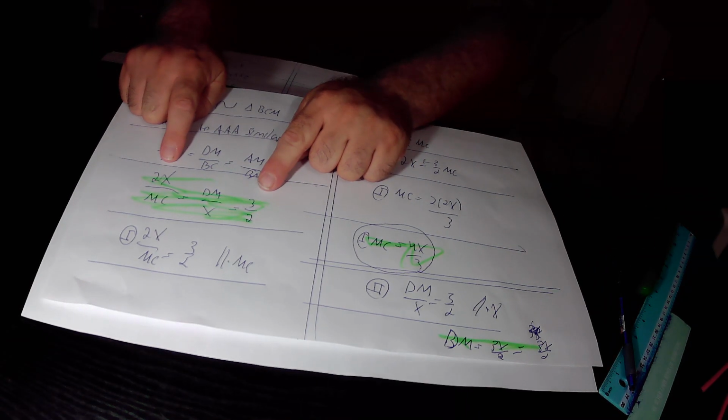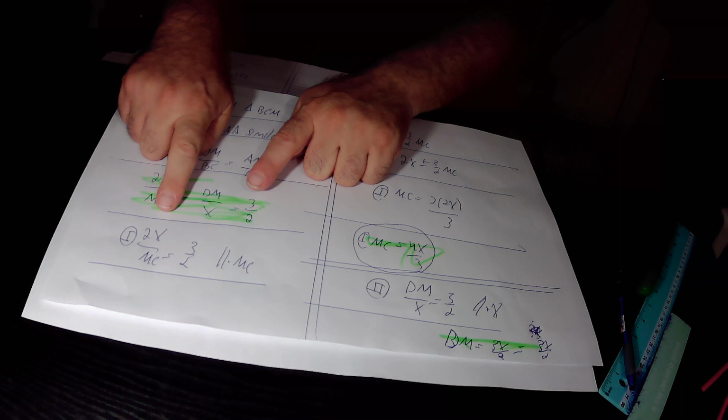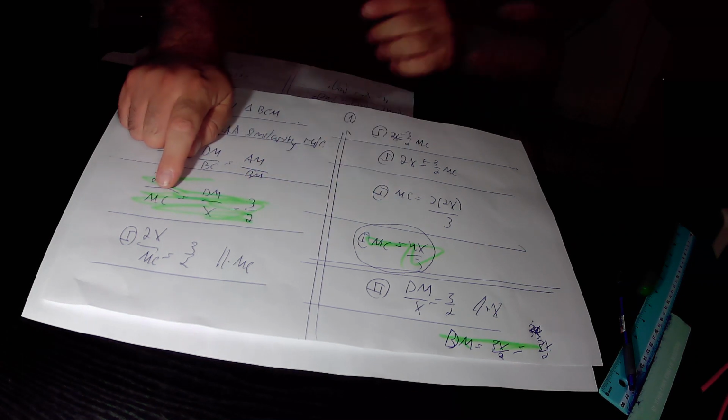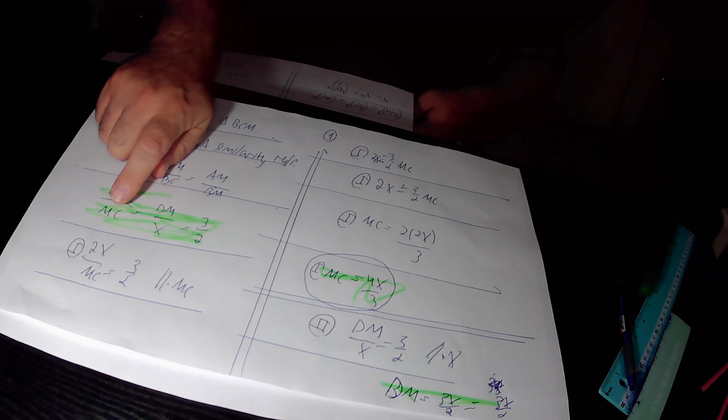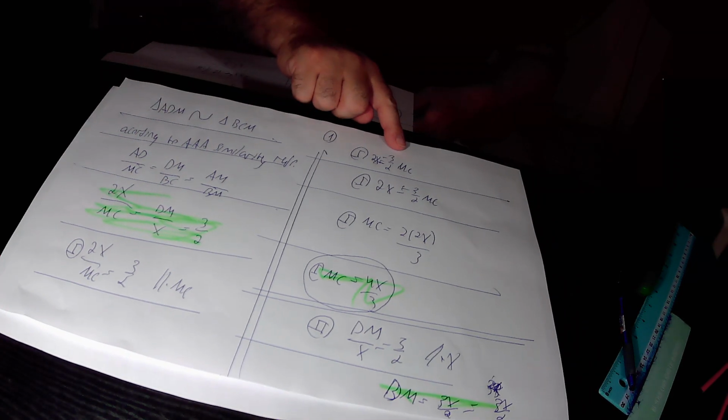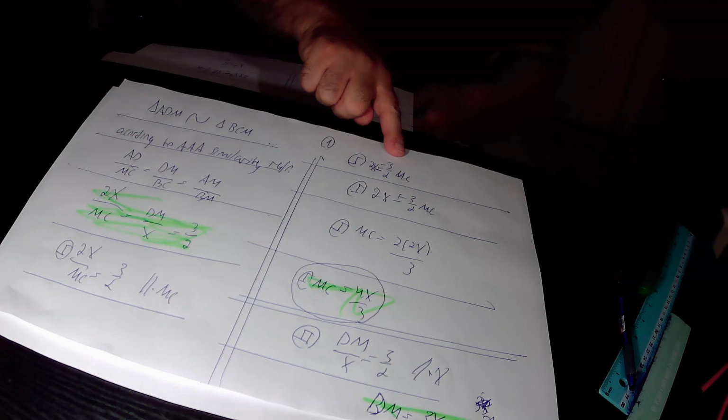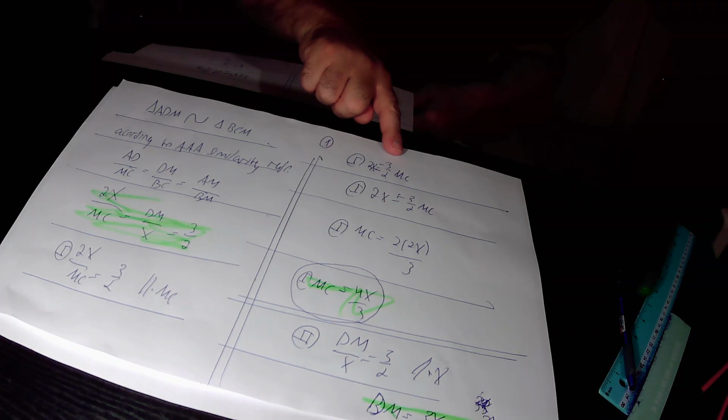Those two expressions are equal to each other, therefore we get equation 1 from those two expressions that are equal to each other. So according to equation 1, 2x over MC equals 3/2. Here we multiply this equation 1 by MC, and find out that 2x equals 3/2 times MC. Here we multiply this equation by 2, and then we divide it by 3, simultaneously, and finally find out that